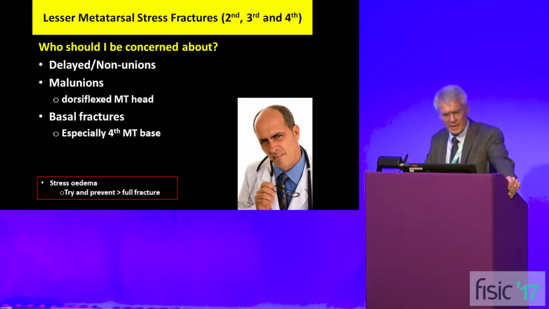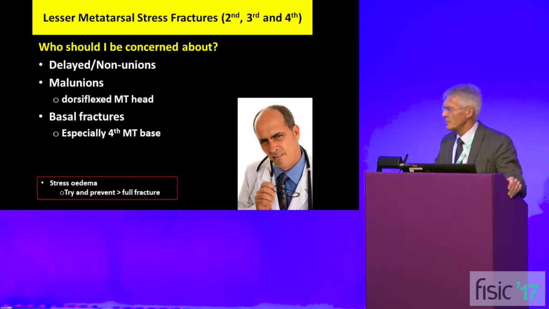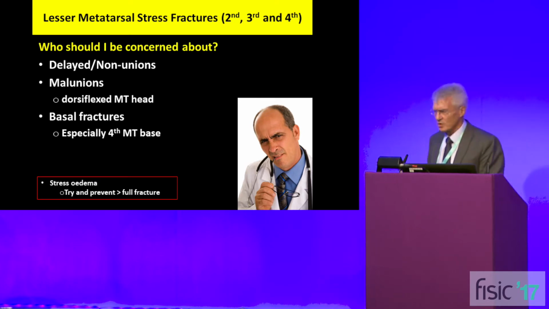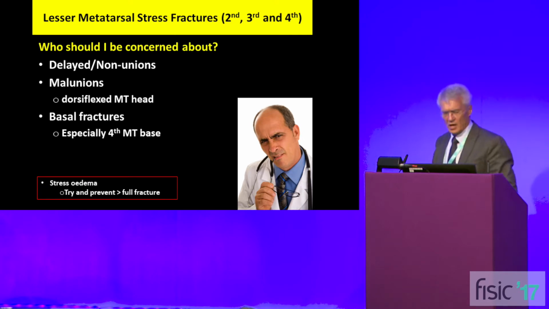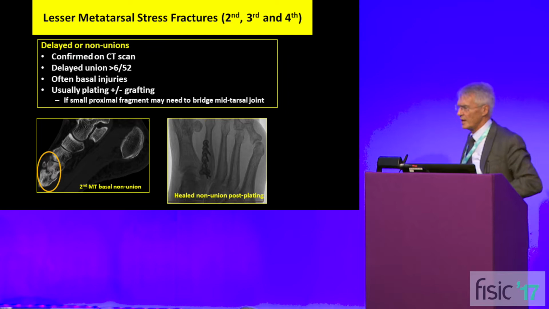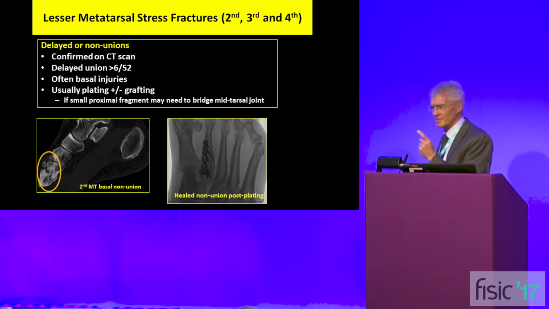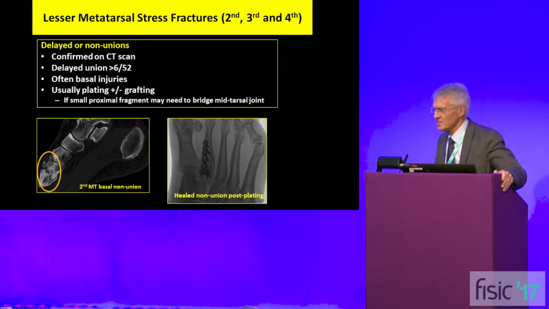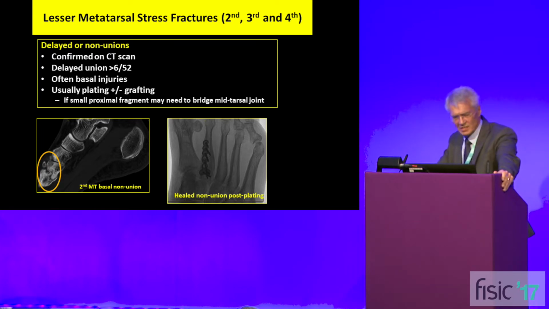And just a word about basal fractures. Many of our professional sports people do often get a prodromal feeling of pain, and they will often have an MRI scan which may show some focal stress edema. Just be careful with those, because those will on occasions go on to a full fracture. So basically, as I'm glad I've heard already, for me it's usually CT scans and screws. That's the message.